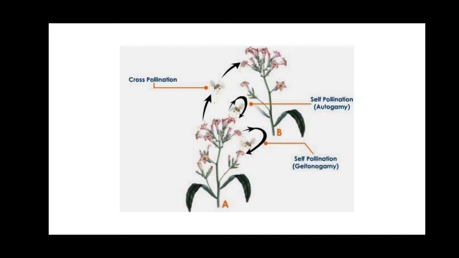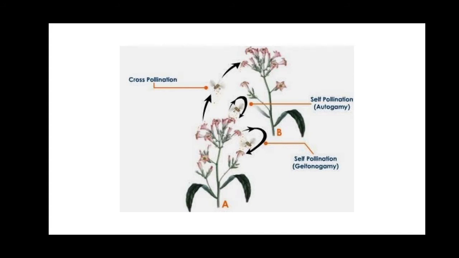The geitonogamy method is actually one in which the pollen from the anther of one flower pollinates the stigma of another flower but within the same plant. So in that case, again, it is a type of self pollination. Yes, this method sometimes will be represented as a cross pollination method also, because the involvement of two different flowers is there. So in some books it is also mentioned as a cross pollination method, but